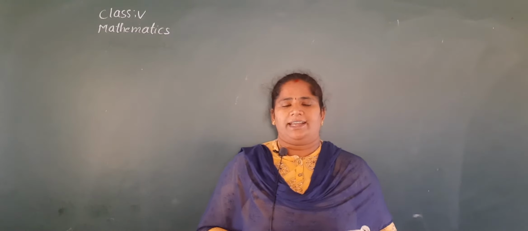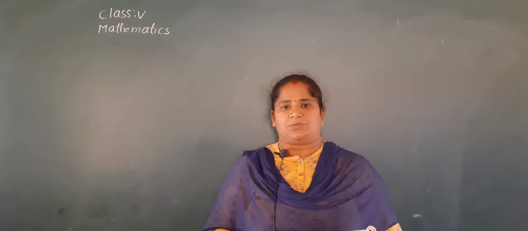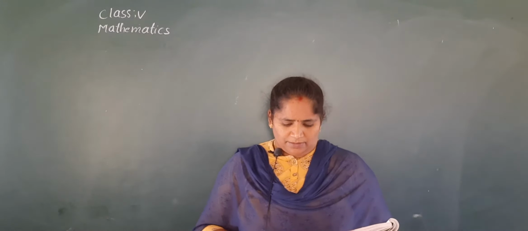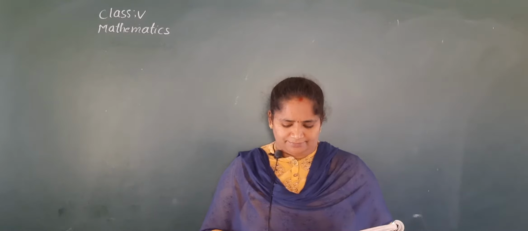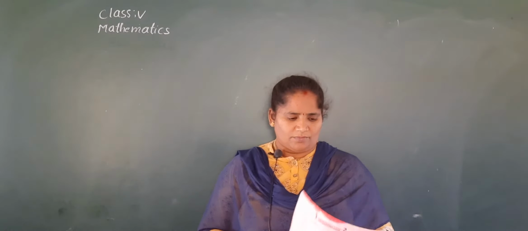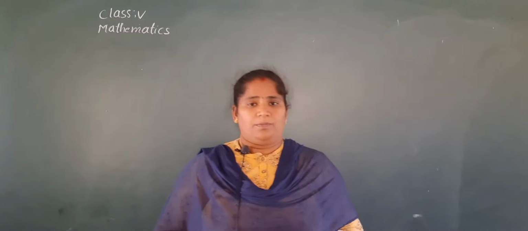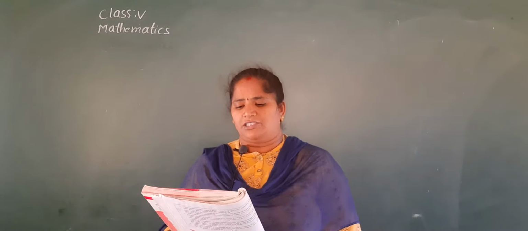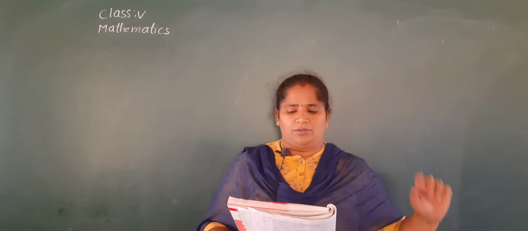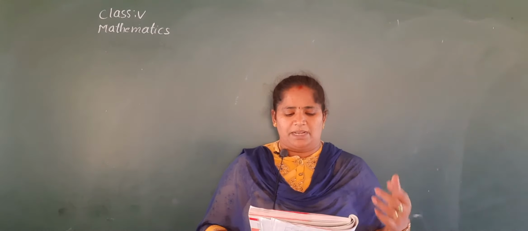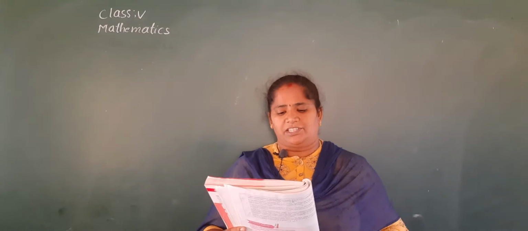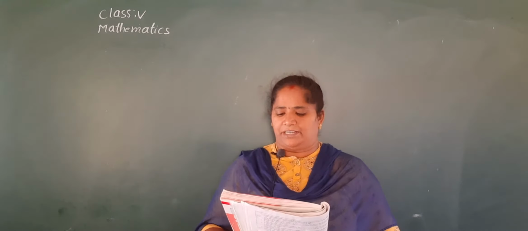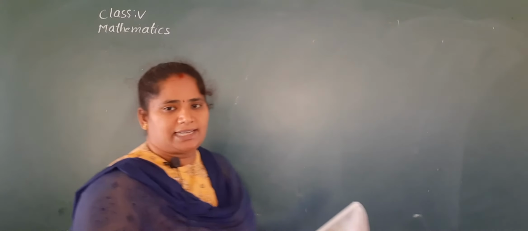Come on my dear children, all of you get ready with your Maths textbook and classwork. Open the Maths textbook, page number 49. See, what is given? Large numbers. The large numbers undergo multiplication and division. In multiplication, the techniques given are multiplication by 11, multiplication by 15 and multiplication by 99. Let us revise that once again.